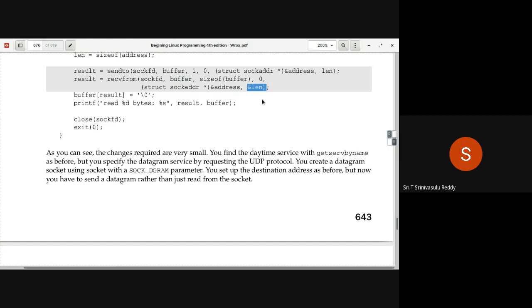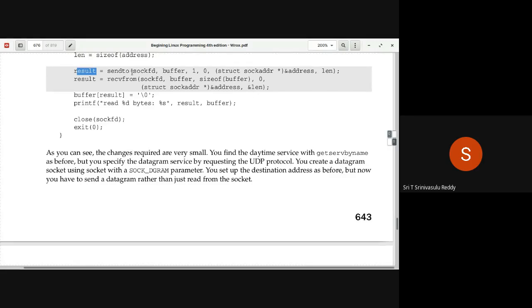So what is the result here? The result of sendto is always how many bytes of data it has sent over the network. The number of bytes sent over the network is returned by the sendto system call whenever it is successful. If it fails, it returns -1.